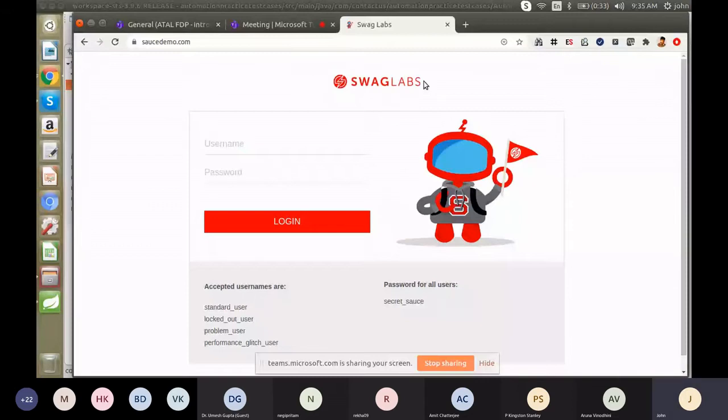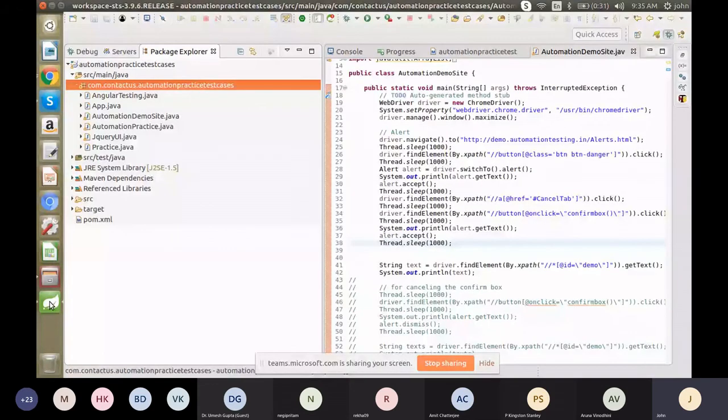So let me open the IDE. I have already created one Maven project. So what we can do is create one Java class.